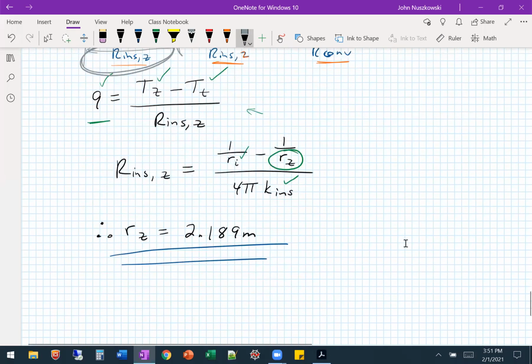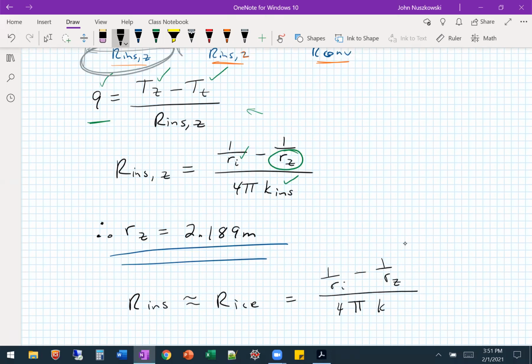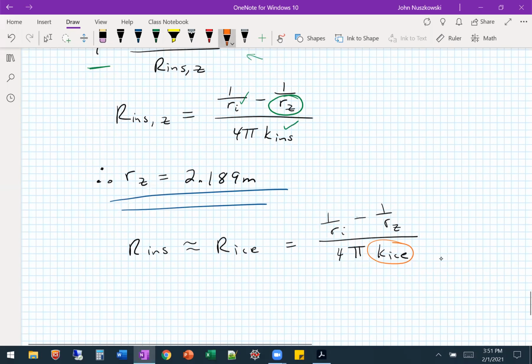So the way to check would be, now this R insulation is really R of ice, which means that's going to be 1 over r_i minus 1 over r_z, but we're going to have 4 pi times the k of ice right here. Okay, so worst case, if it was all ice, right? In that case, it would actually increase the heat gain, because the